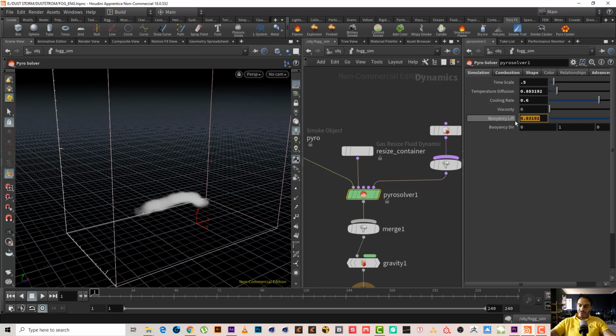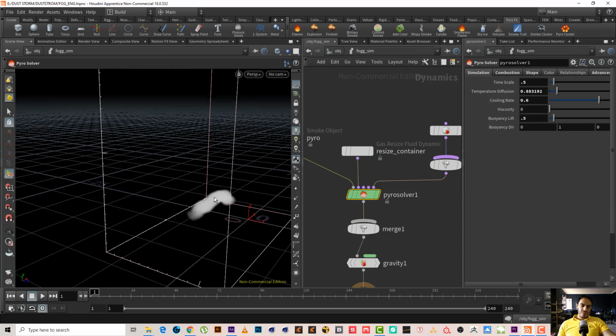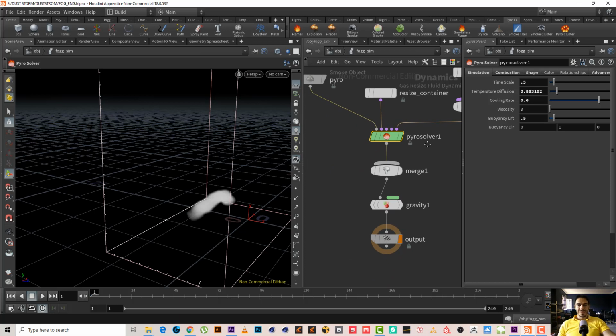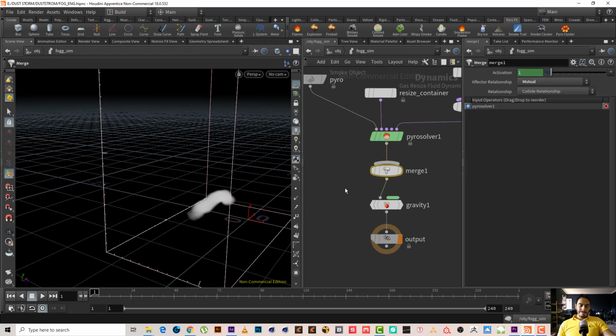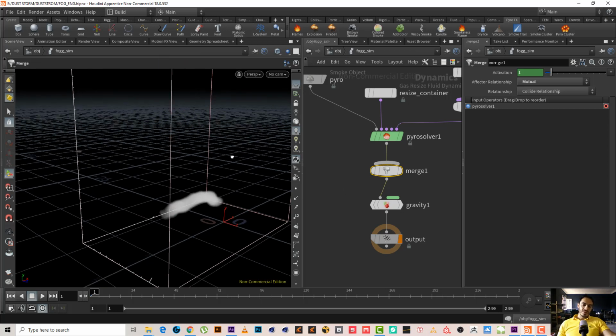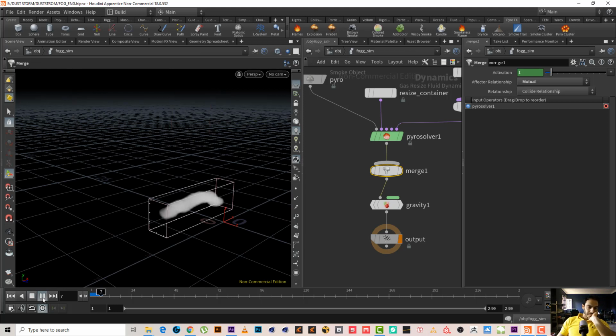Buoyancy lift I will make it very low, 0.5, and I will keep it at one on the y axis. Okay, because the smoke is going forward but upward as well, right? This is the smoke, this is how the smoke acts. Okay, we don't need, maybe we can, you know what, maybe yeah,